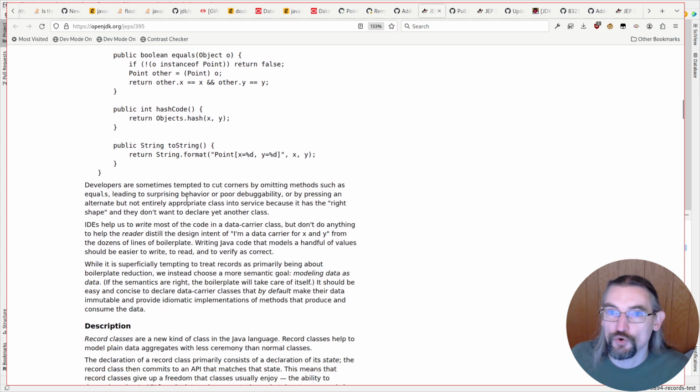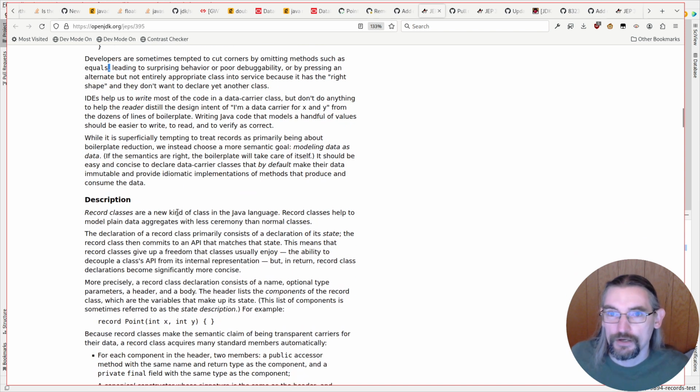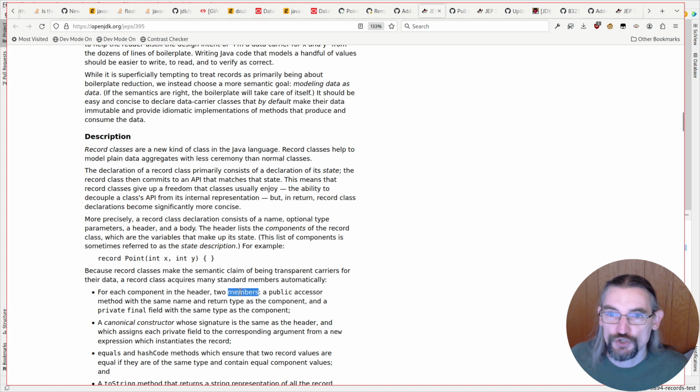Developers are tempted to cut corners by omitting equals. I can't say that happens to me all that often, but whatever. Maybe I'm just a better developer than they're talking about here. That's probably not what's going on. Record classes are a new kind of class. And now you can just define this, and you magically get 2 members,